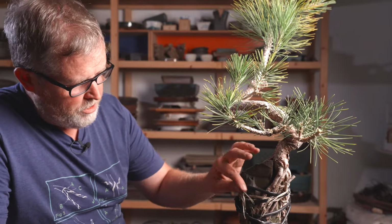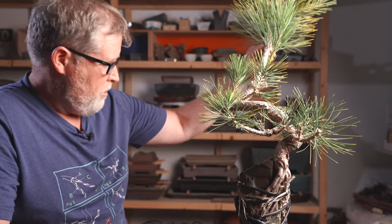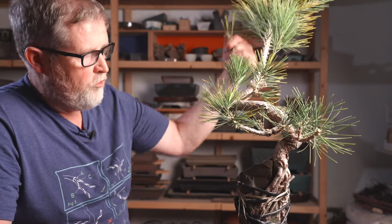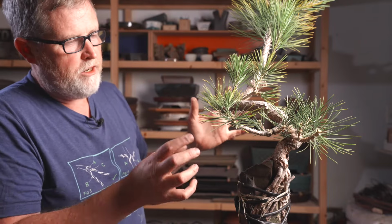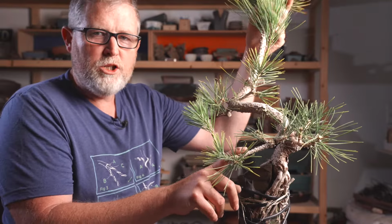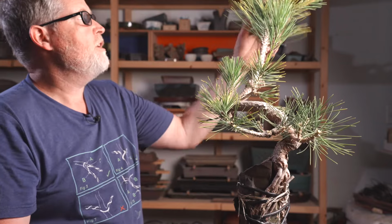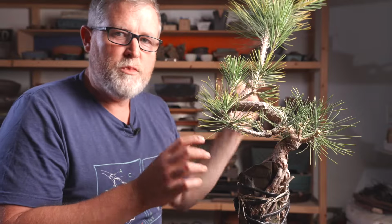I just have to continue growing this. I could make some major modifications, but I think at this point it's just going to go out to grow for another year or two before I do anything major with it. Meanwhile, I should be, as a result of this decandling, getting a lot of tight buds in here, and this is the standard development technique that I use, where there's one major piece of wood that the tree is pumping out growth on, and then everything else is being cut back and managed in this early